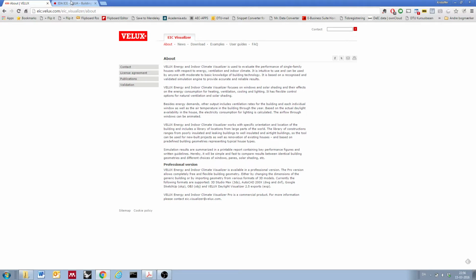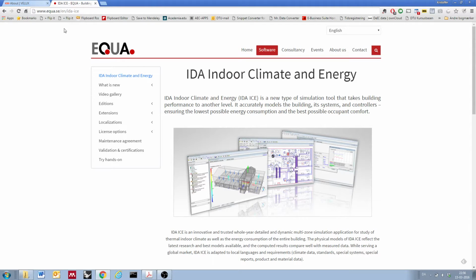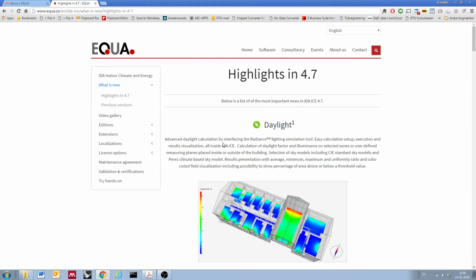And this is where I come to what Ike actually is. Since Velux has bought the IDA ICE core for their product, Ike Visualizer is under the hood an IDA ICE version, specifically the latest version, which is 4.7, and you can actually see the highlights of what 4.7 can do.